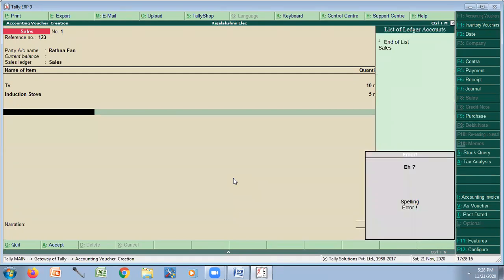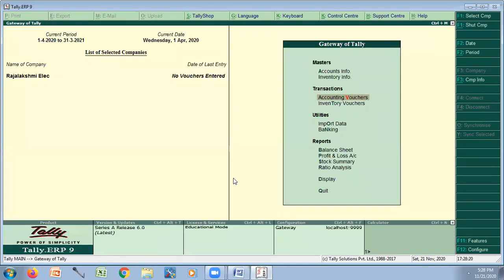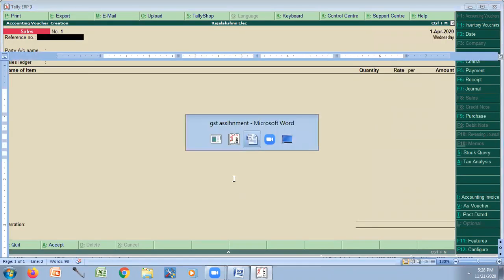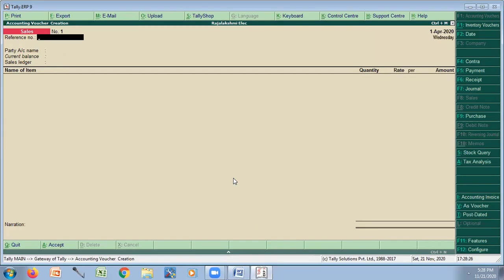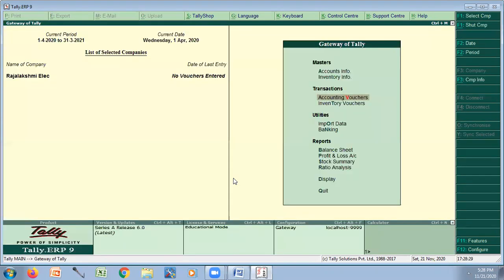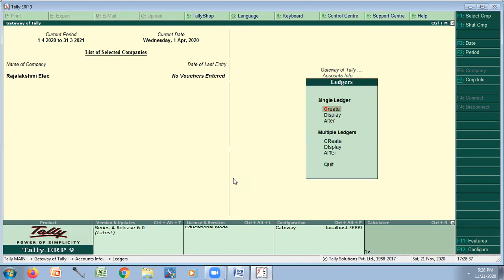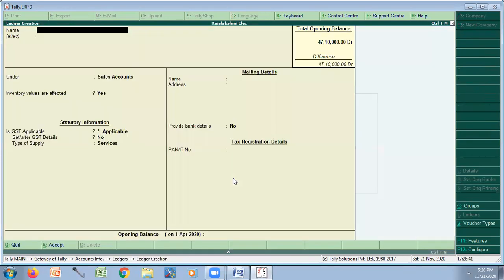If you see here, you don't have the GST. Did we create a GST here for accounting vouchers? See, we didn't create a GST. So we have to create one more item in our accounts ledger. What is the ledger we have to give? Accounts info operator. We'll create one more, like we did for TDS. We are going to create an accounts ledger, like the TDS we created earlier.